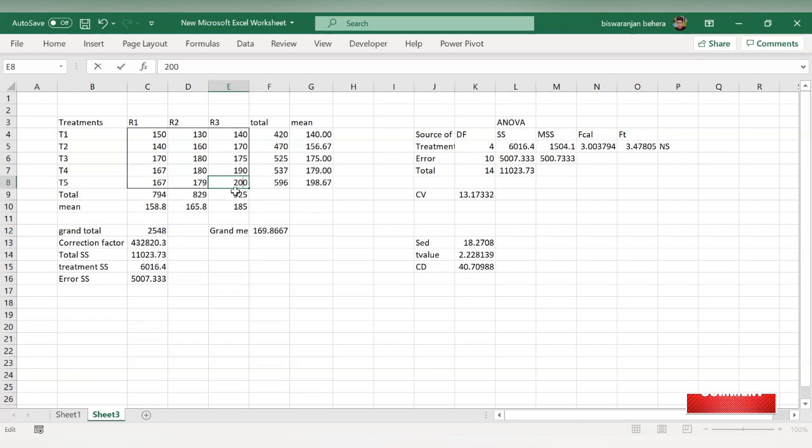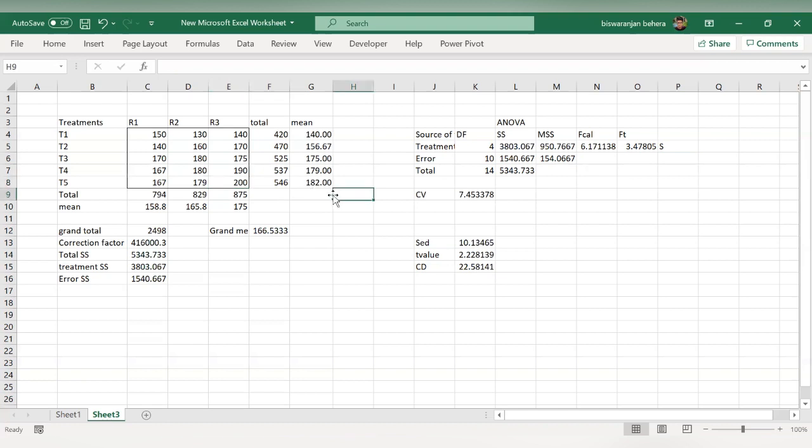Okay, so for example, we have given here 200. Now our software has given the significant value. Okay, so due to only one faulty result, our experiment is becoming non-significant. Okay, so sometimes we have to reshape or rearrange our data, and this is easier in case of our own built software. Okay, so that is one positive or benefit of using your own software instead of using OPSTAT.